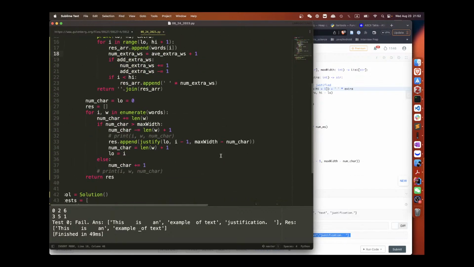What the hell happened to the last one? Oh, the last one didn't happen inside, because when this one comes out, numchar adds something, and numchar add plus equal 1.